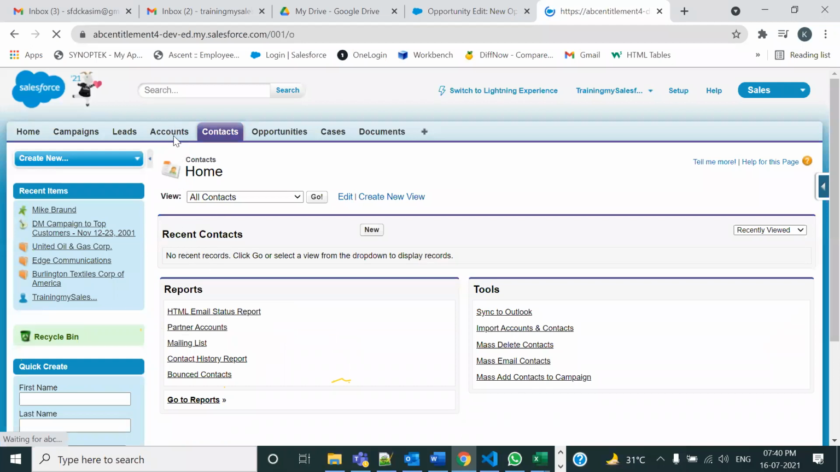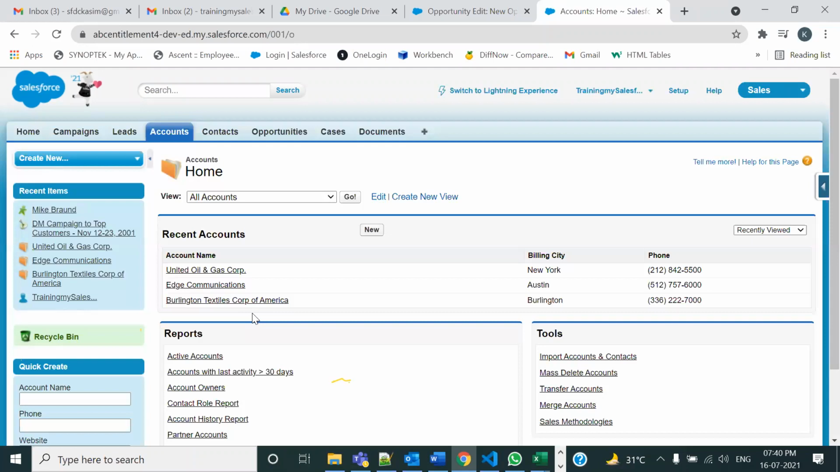Let me come back to this account record. So everywhere, on the homepage of every tab, you can see this recent record section. Now, what I want to tell you is how to customize, how to bring a few more columns over here. Now, see,